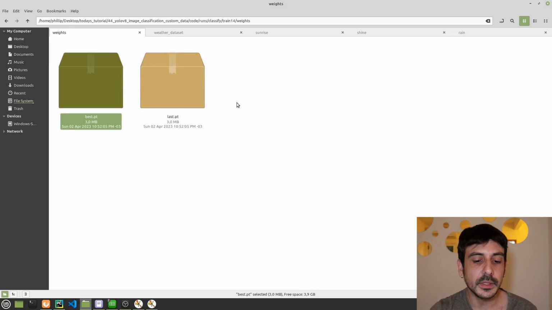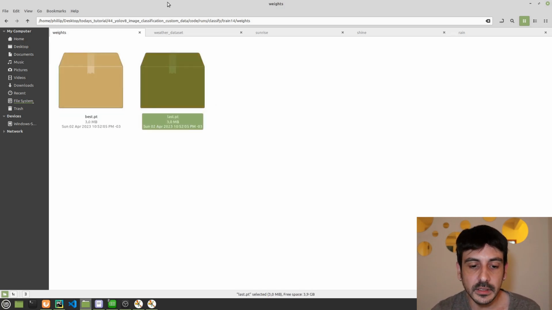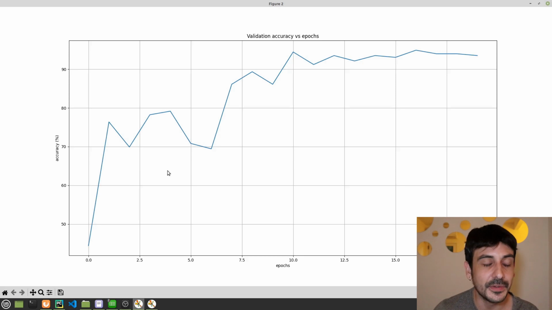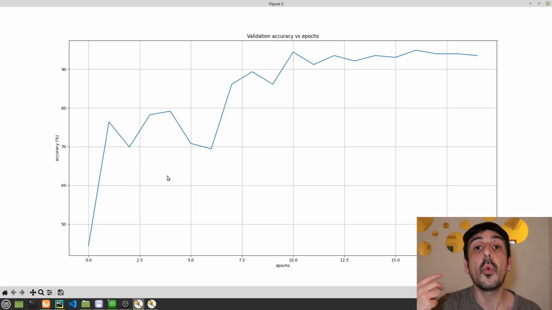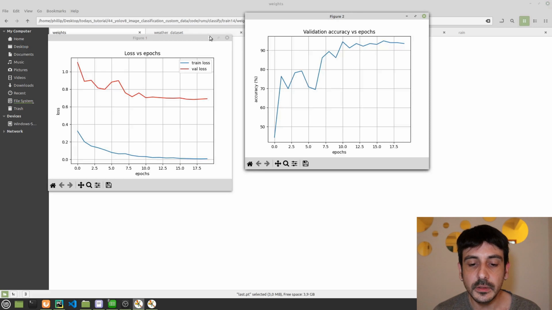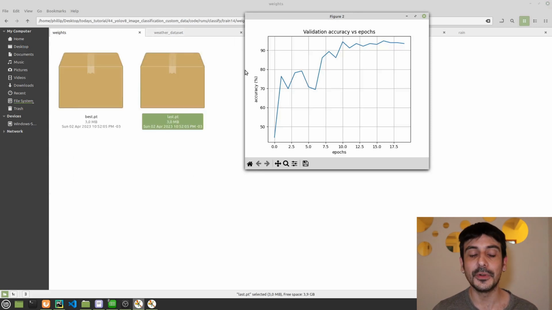Now let me explain exactly what these two files are and what they mean. Remember how this training process works, right? You have a deep learning model, which is comprised of many different weights. At the end of every epoch, at the end of the first epoch, of the second epoch, of the third epoch, and so on, you are updating the weights of your architecture, of your deep learning model. So at the end of every epoch you have a model available, which is a model you have trained so far with all the process you have followed.